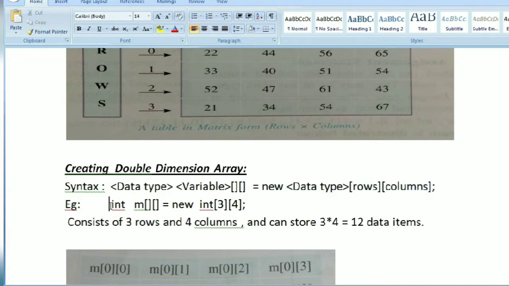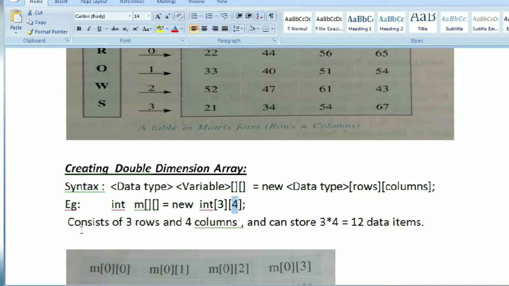Suppose you want to store integers in a double dimensional array. So how will you represent it? int m, that is your variable, and int means integer type. Here two brackets equals new int. Here I have written 3 and 4. That means 3 is the number of rows and 4 is the number of columns.